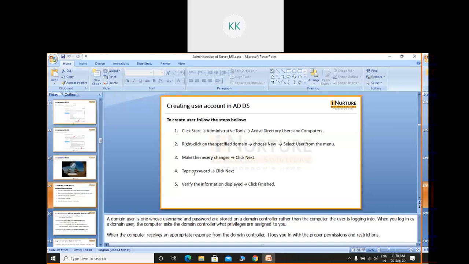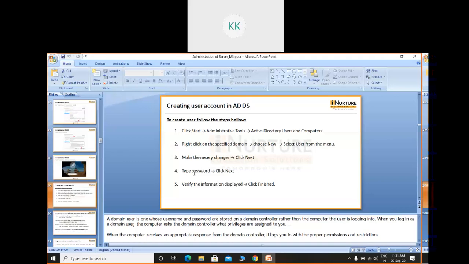Now, one question may be there: what is the benefit I get there? Suppose Sunburn is an employee, he entered the office and exits at 6 p.m. That means from 9 to 6 he is available. Now, suppose your reporting manager wants to check what you have done in the day. Whatever task you have completed on your PC using this user ID, all these logs are available in the domain controller computer.